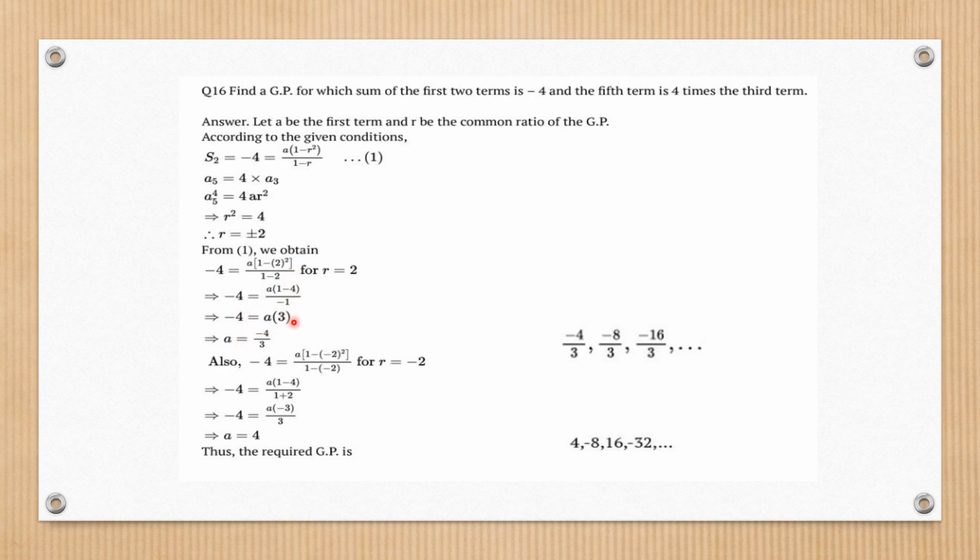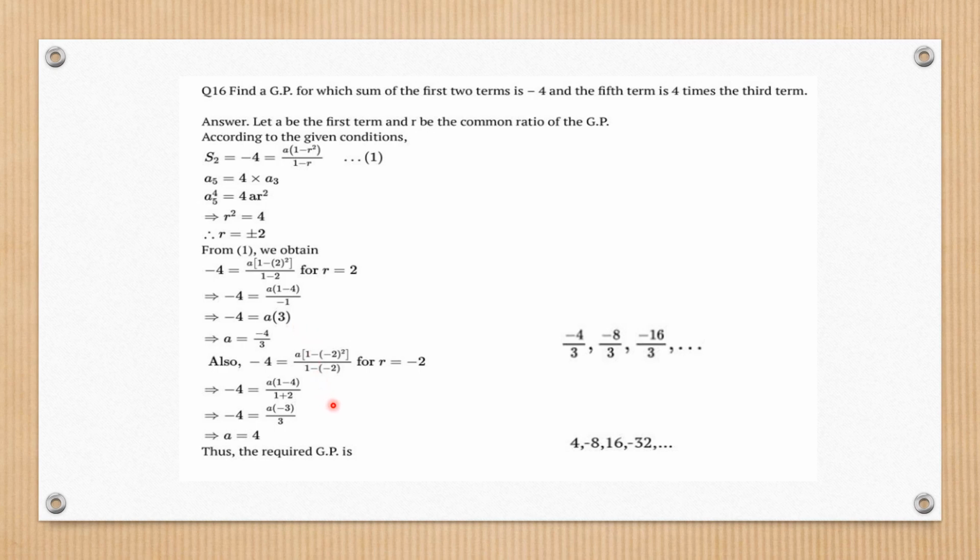You can simply solve it. Okay, and when R is minus 2, I'll use this formula here with R as minus 2. So we can just get the value of A as 4. Simply it can be worked out. Okay, for R equal to 2 you can use that other formula also, because you have to adjust the values. So whatever you feel is okay, you can do it like this.